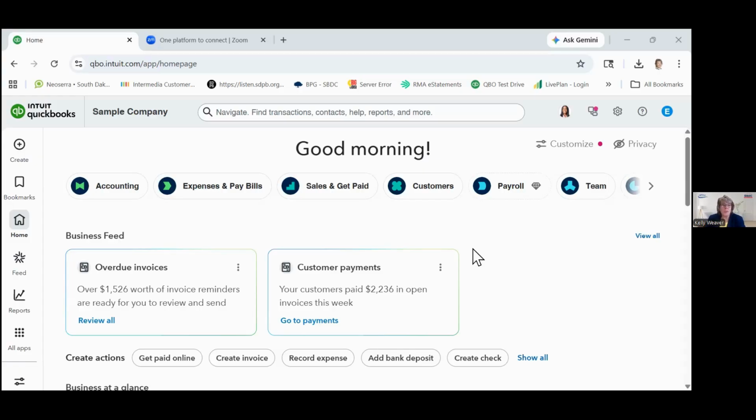Another feature of QuickBooks Online is it has an accountant user. Depending on the level of QuickBooks that you purchase, you will have users, anywhere from 1 user to 5 users typically, depending on the version. But all of the versions have a free user, which is an accountant user.